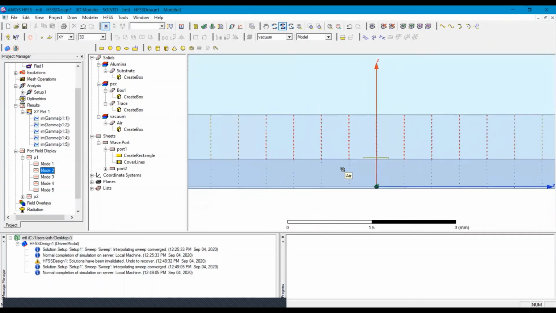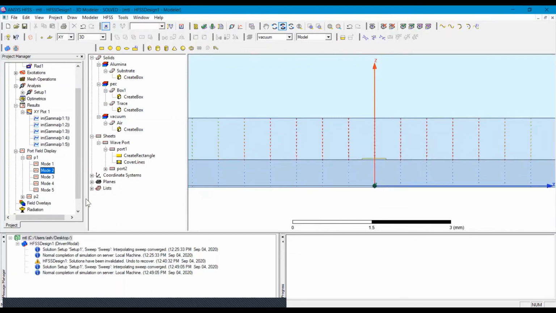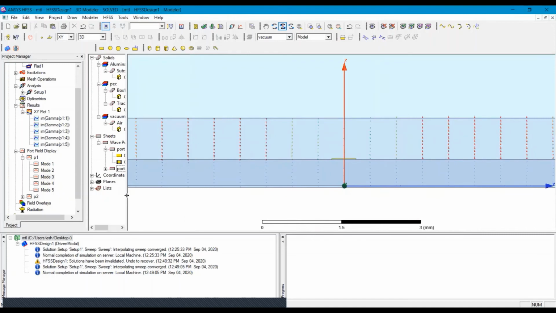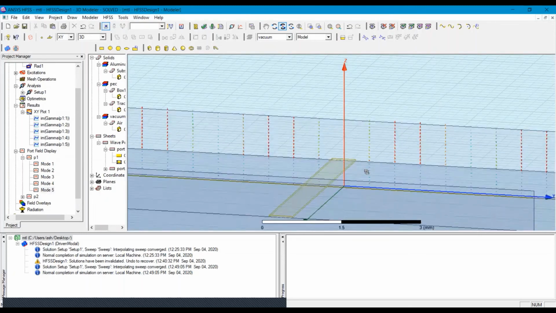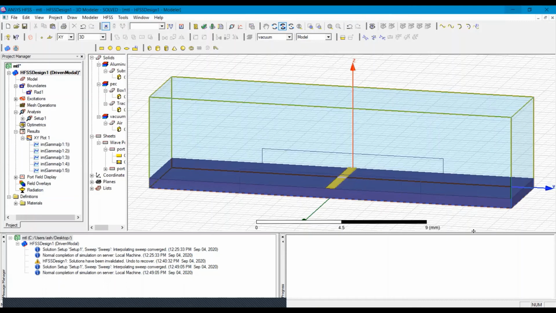Similarly, this is mode 2. This is mode 3. This is mode 4, and this is mode 5. So we can see the geometry of all the modes that will propagate through this microstrip line. Now we will resize our port.